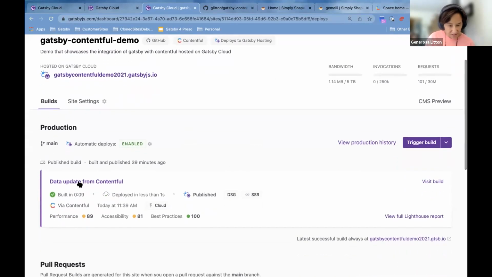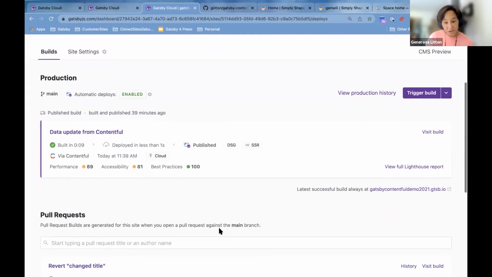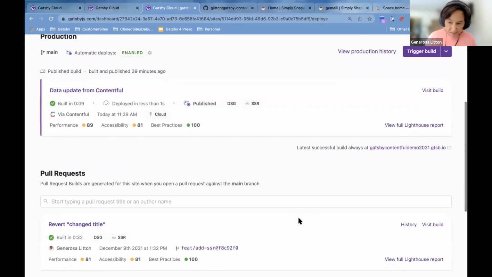You can not only see your site in production, but you can also look at your pull requests. So oftentimes, we as developers work in branches, and because we're adding a feature or we're fixing something, we want to see what that looks like, and we want to compare that with our production.